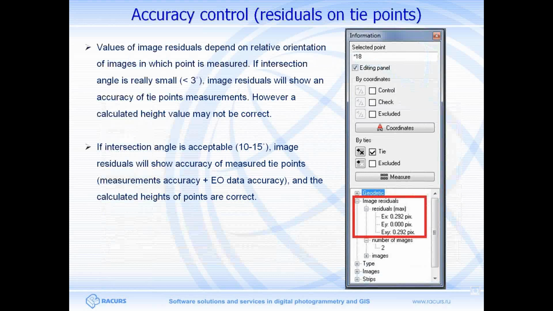Interesting how to control the errors and how to control the complicated situations with the intersection of convergence angle. For a small intersection angle, like 3 degrees, which is very typical for monoblocks, you will calculate the error on tie points. But the height value for them can be incorrect because the task is not really reliable because of this small angle. But if the angle is relatively good, like 15 degrees, everything is basically fine with the accuracy control and with